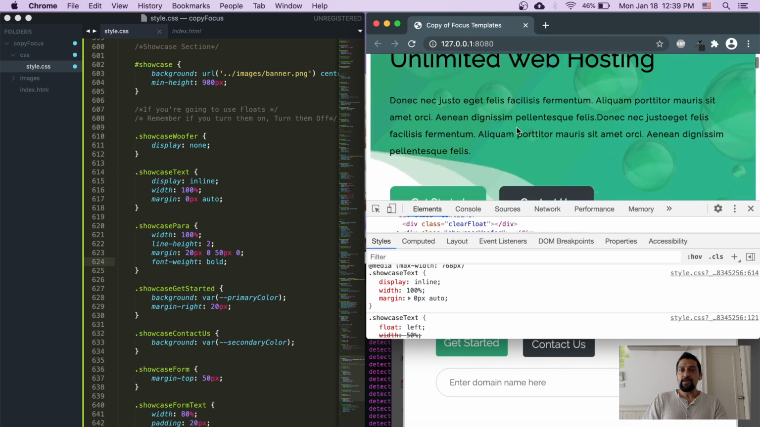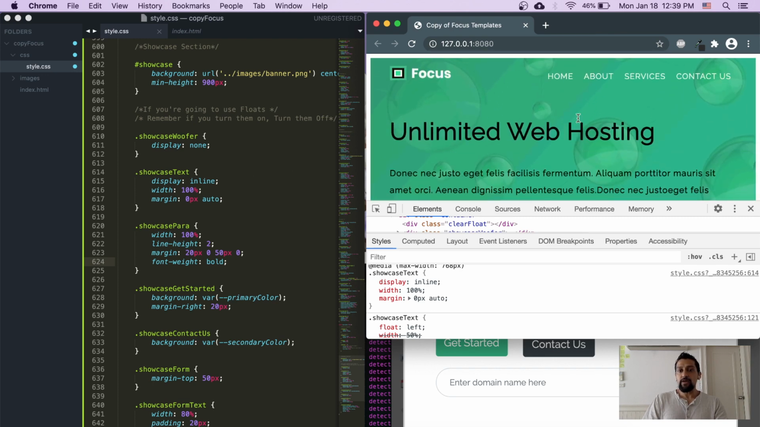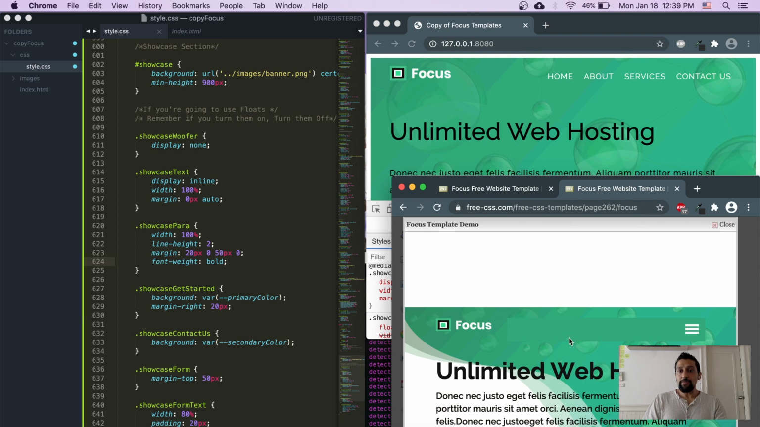But today I just want to show how to use media query and how to look at it this way. And then I can get rid of all of this stuff down here, the get started, the contact us, the form. I can delete